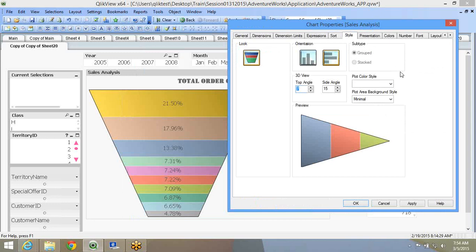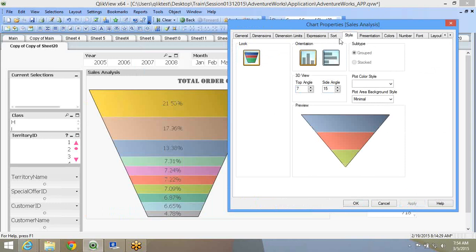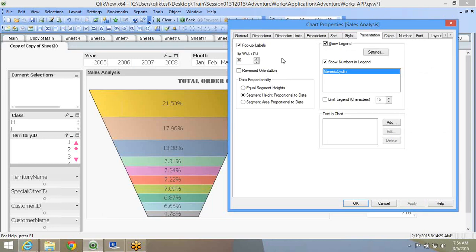Now style, I can have it horizontal or vertically oriented, like this or like this. Under presentation is what I can control a few things. So again, in the presentation tab also, there are very few things, but I can do something. Over here top width is 30%.